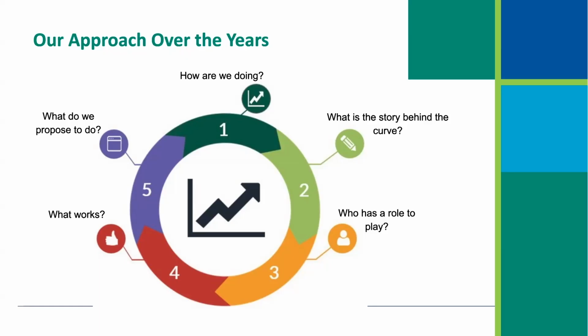And it also is because in question 3, we identify who has a role to play in that. And it helps us then bring in the right partners to help us improve our data. And then question 4, it's what works? This is where you're coming up with these innovative, crazy approaches, but then being realistic and feasible, and then honing in and deciding, so what do we propose to do to hopefully improve our data or drive some change, turning the curve to where we want to see things looking. So that's been our approach over the years. Next slide.